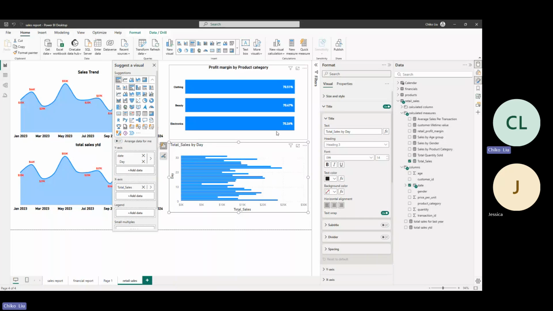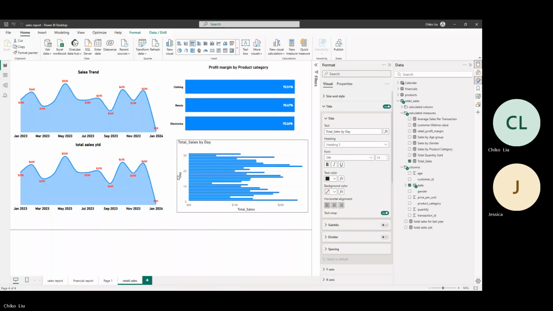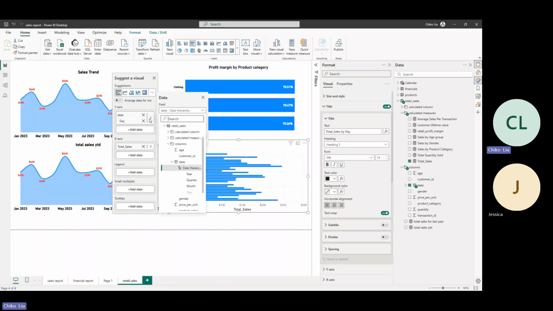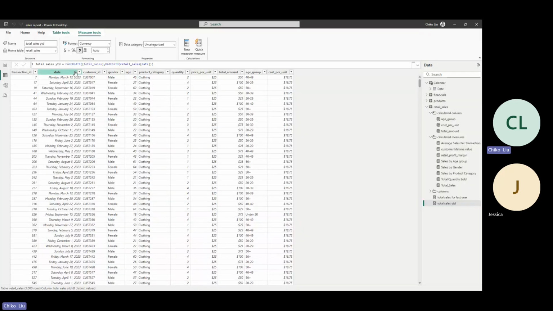The day is supposed to be day of week, right? Which is weird. I think if I click here, oh, I can't choose day. So I think I can also create a calculated column and add the day of the week. I think so. So I'm just going to extract the day of the week from here. So let me create